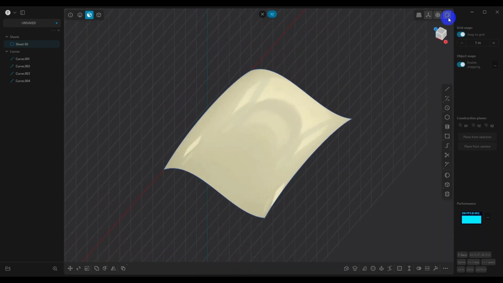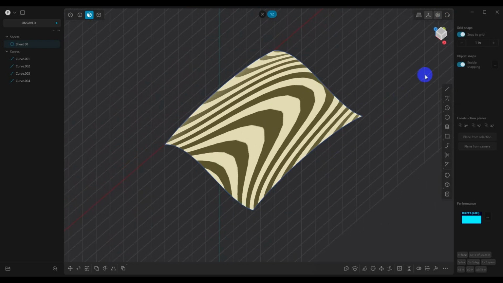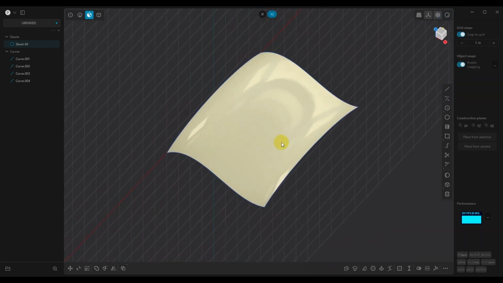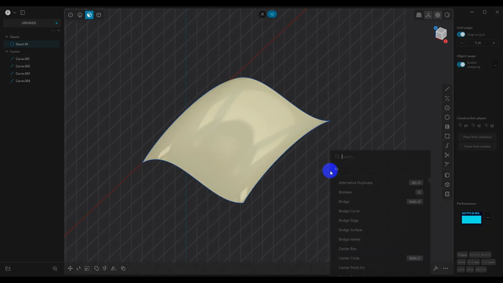So the next thing is we're going to raise a degree. Now, one of the reasons why I'm bringing this up is because in Plasticity, creating degree 4 curves, as I showed in a previous video, it's more work. It can also be a pain. So it's easier to create a degree 3 patch and then elevate it to a degree 4 if you need to do that. So if we raise the degree now,